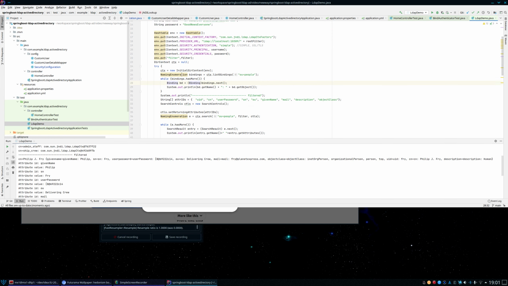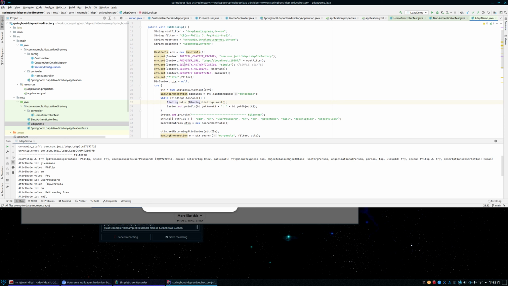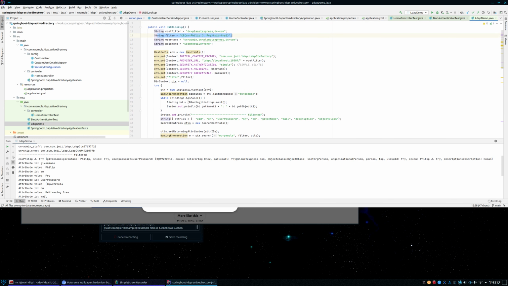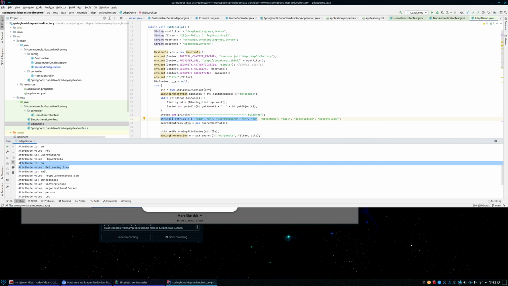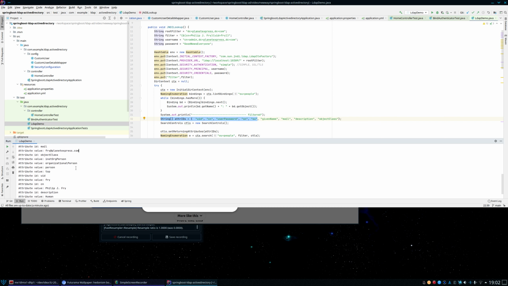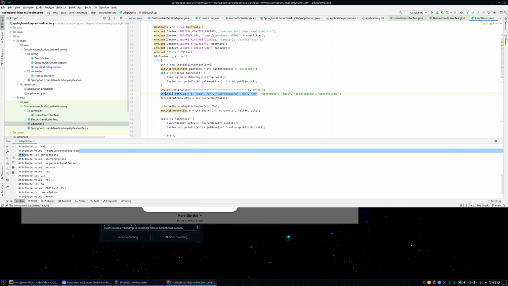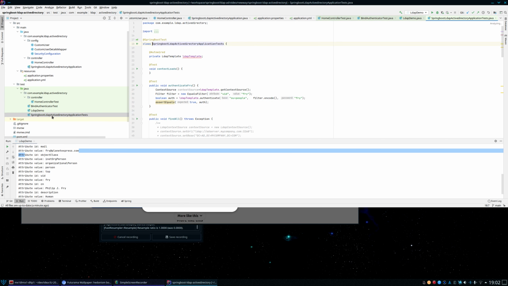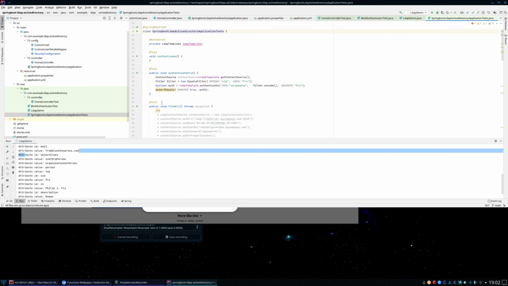LDAP manually, and it also does a filter for Fry over here. And after it's done a filter, it looks for various attribute IDs, such as the given name, description and all the rest of it, which you can see here. Yeah, their email address and everything. So that's all coming back from here, which comes back when you do the filter based on the filtering that you're doing. And then this one is